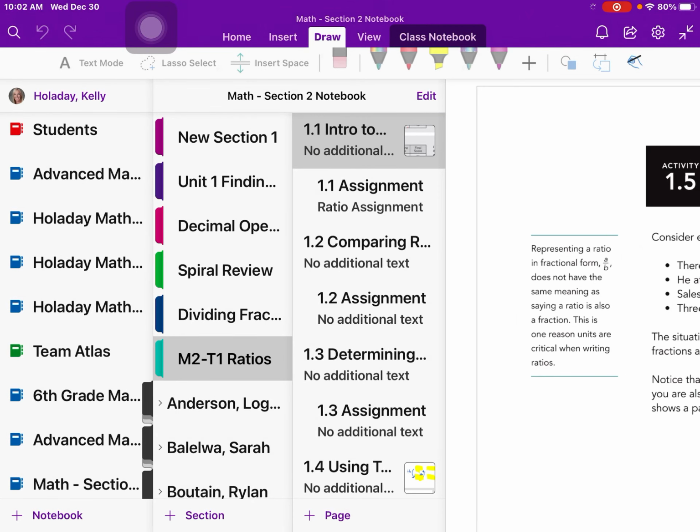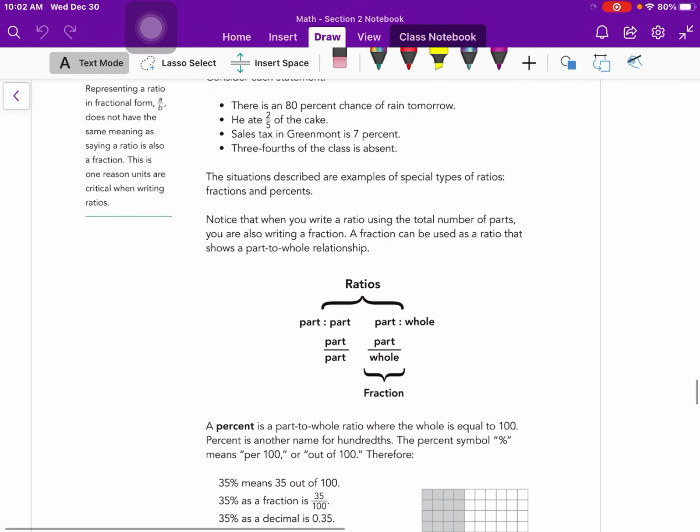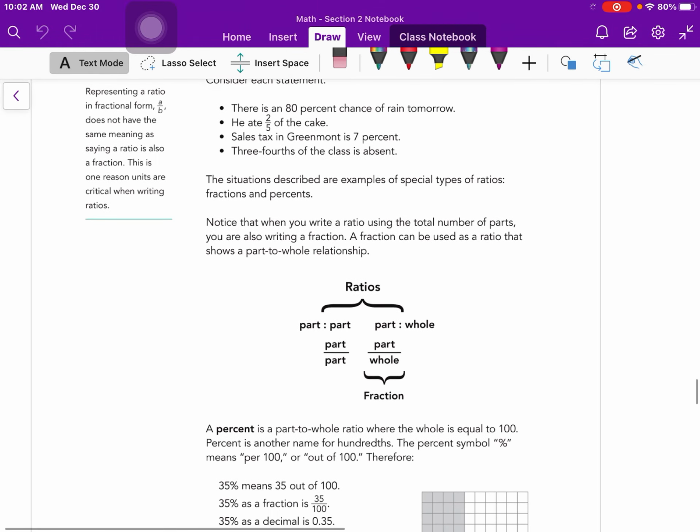Okay, we're back with a continuation of that first lesson. It's so long, we had to kind of break it down into parts. So again, I'm under the M2-T1 ratios tab. I'm still on 1.1, the very first page, Intro to Ratio, but I scrolled all the way down to activity